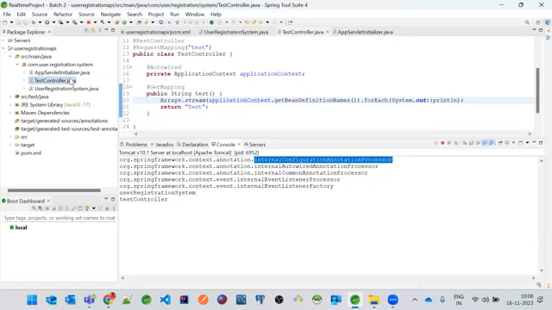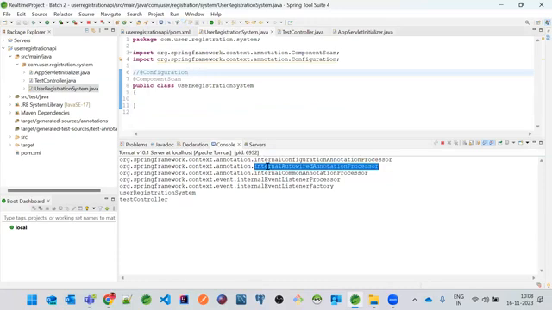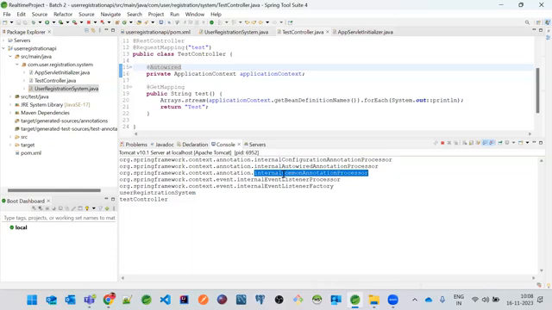We don't have to make sure that this main class is having @Configuration or not. And there is something called internal Autowired annotation processor. That means this @Autowired will work because we have used it. And then there is something called internal common annotation processor, and internal event listener processor and internal event listener factory, and the user registration system object has been created, and also the test controller object has been created.